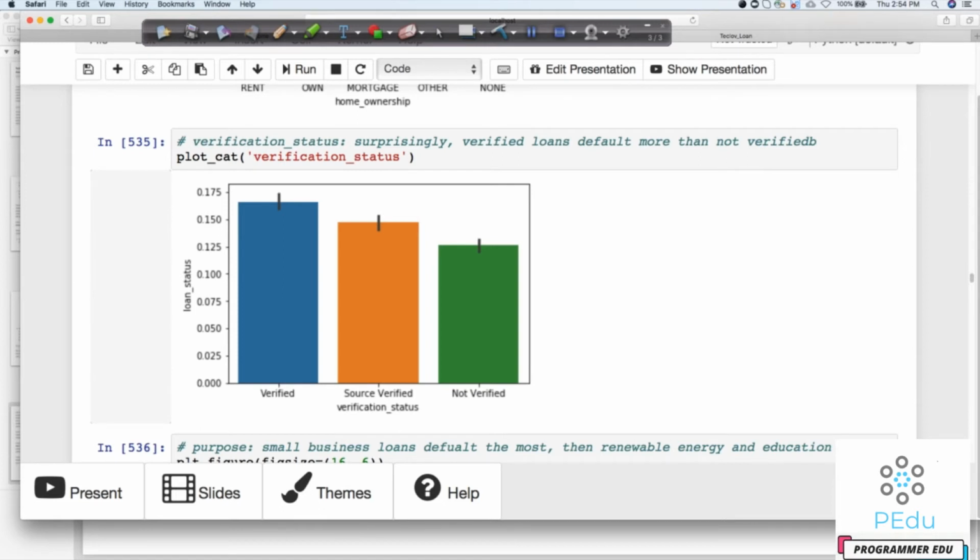So maybe those are the people who are not verified. They were just given a loan thinking that these are people we know or that they were referred by some known people. So maybe I don't want to go for verification for them. But what we're noticing is that the people for whom we have done a good verification are the ones who are basically defaulting more. So maybe we would like to make some rules stricter for the verification agency, right? So this is an interesting trend.